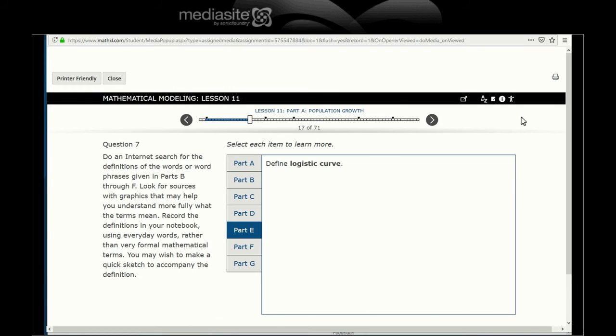An exponential curve basically does that, while a logistic curve takes into consideration constraints. So a logistic curve may start off exponentially and then hit a maximum value. So a logistic curve is S-shaped,